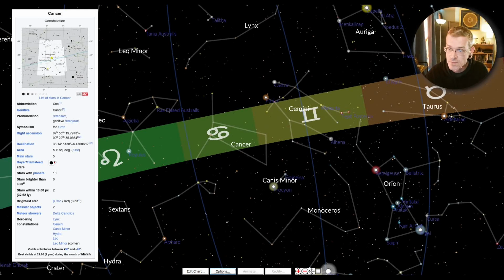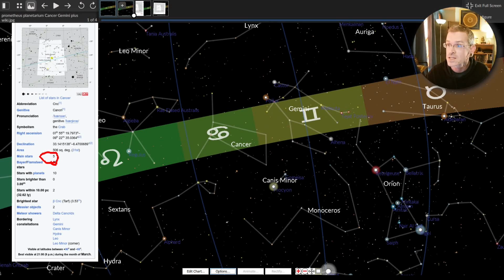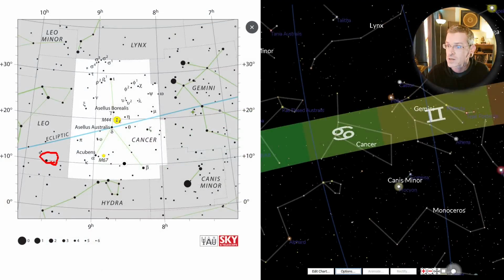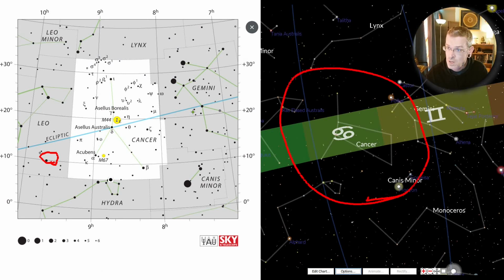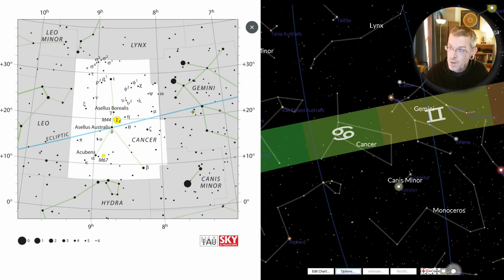We have 5 main stars in Cancer, and they're all dim. They're all dim stars, but that doesn't matter. What matters is that when we compare the planetarium view with the International Astronomy Union's Sky and Telescope Edition map, what we see is that we have the 5 bright stars of Cancer, and they're